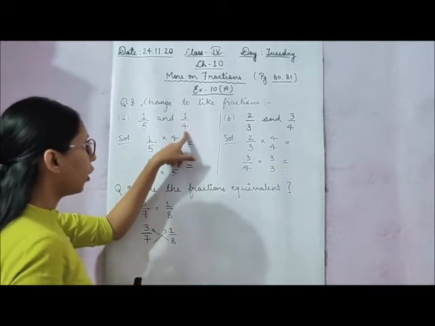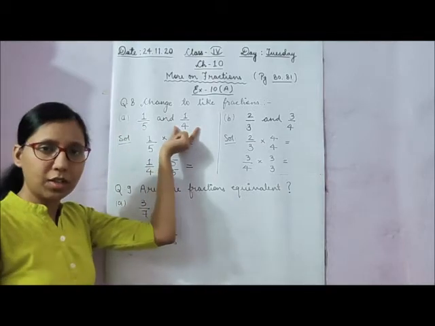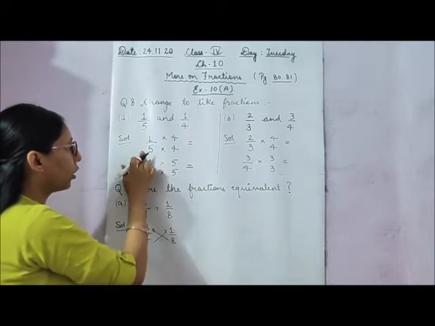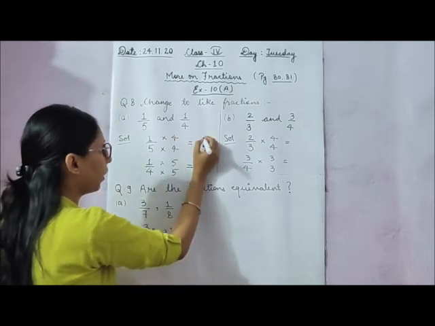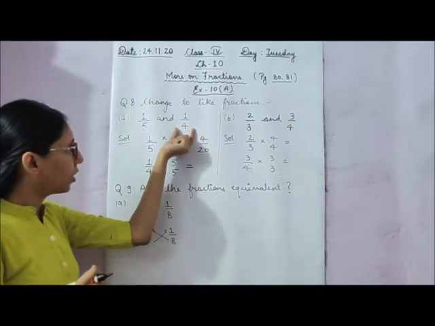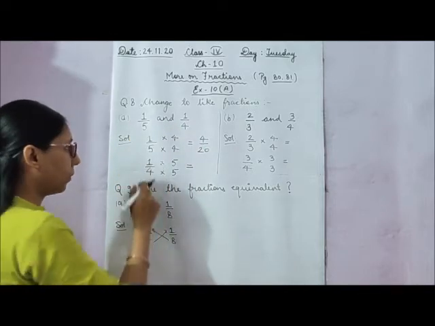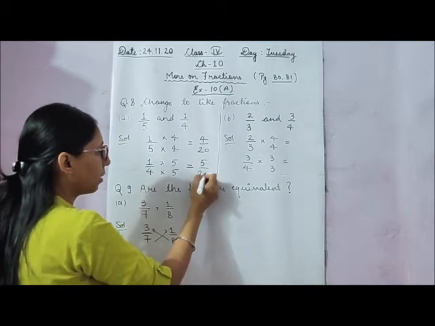That means इसका डिनोमिनेटर हम इस फ्रैक्शन से मल्टीप्लाई कर देंगे और इसके डिनोमिनेटर को हम इस फ्रैक्शन से मल्टीप्लाई करेंगे. So here it is 4. इस 4 को हम न्यूमिनेटर डिनोमिनेटर जो फर्स्ट फ्रैक्शन था उससे मल्टीप्लाई करेंगे and we are getting 4 times 1 is 4, 5 times 4 is 20. एंड जो सेकंड फ्रैक्शन है उसे हम किससे मल्टीप्लाई करेंगे, फर्स्ट के डिनोमिनेटर से, that means 5. So 5 times 1 is 5, 4 times 5 is 20.